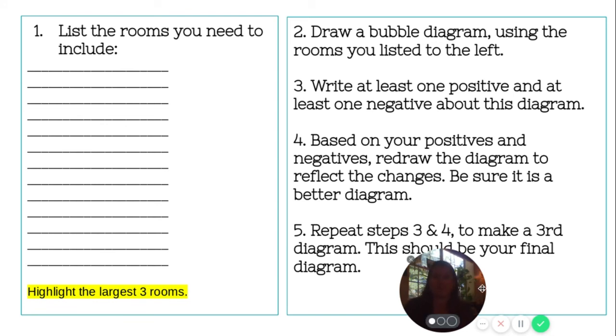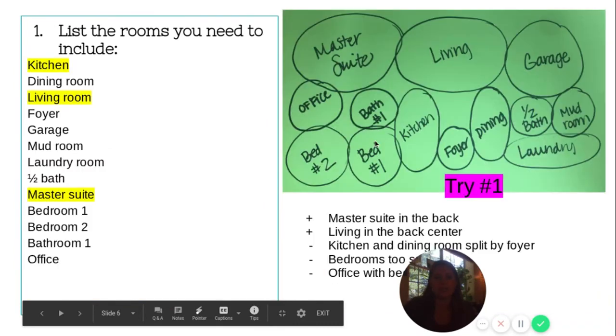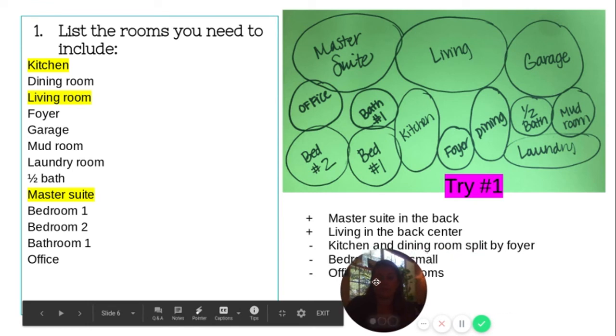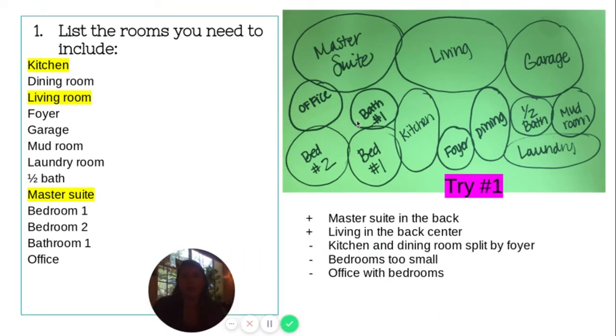Usually you're going to like your third one the best. If you need to draw more than 3, you could totally do that. You'll repeat steps 3 and 4 to make a second and third diagram. So it'll go something like this. Okay, so I drew a bubble diagram